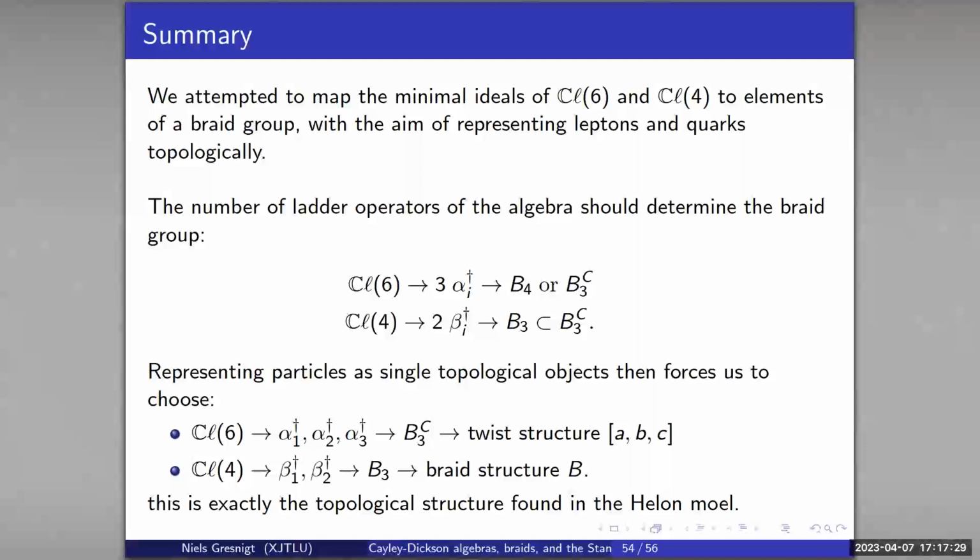And this could then explain why, to get the Cl6 ideals, we actually had to use all the braid generators of this slightly larger braid group, so that we could exchange all the braiding for twisting to get the electric charges and the color symmetry. Whereas for Cl4, we end up with braid structure, but we don't exchange that braid structure for twisting. So it seems very much that from this algebraic picture, you can map it down to the braid groups, and you get basically exactly the picture that Sundance proposed in 2006, which I thought is really interesting.